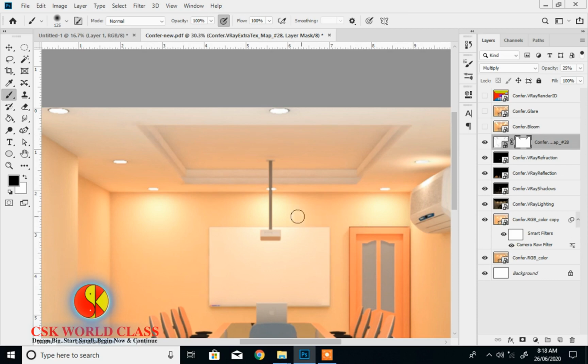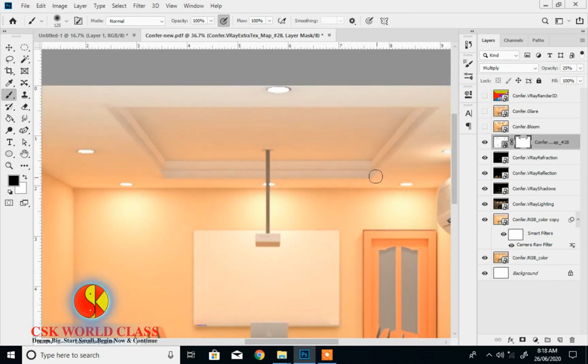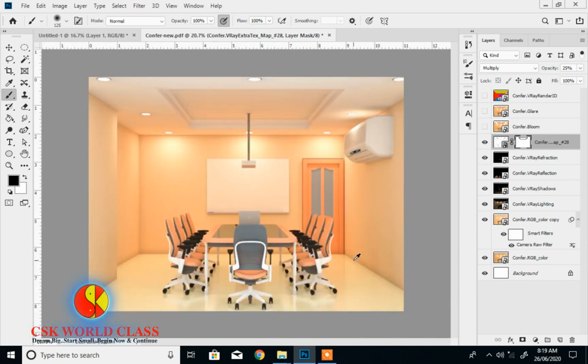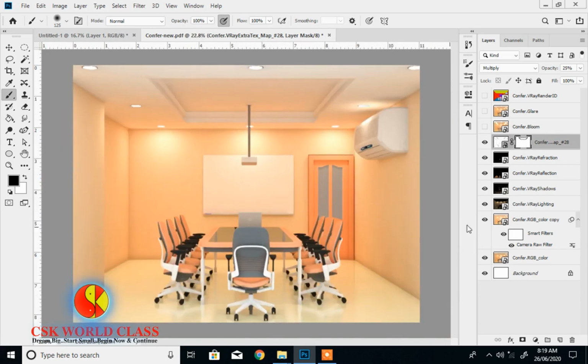First point, shift and second click. I think this is okay. Click here also, first point and second click. Okay, now see it is okay. Now without the mask, suppose I want to see this off, hold down the shift key and click here, so it will turn off. See, without mask and with mask. Now this is proper.